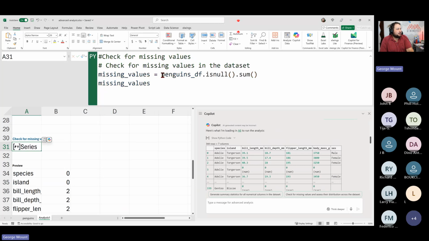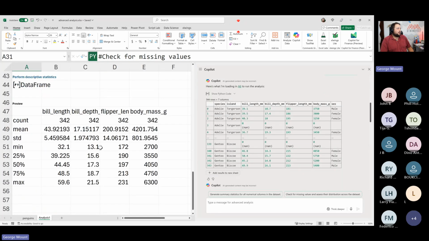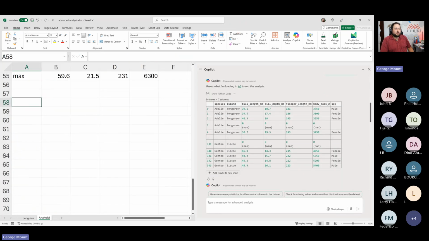But again, you have that conversational ability to know at a basic level, even maybe you're not fluent with Python, but you can have that basic conversation with Python and with Copilot to know what's going on. Okay, so where things get really, really interesting is, let's ask something like,